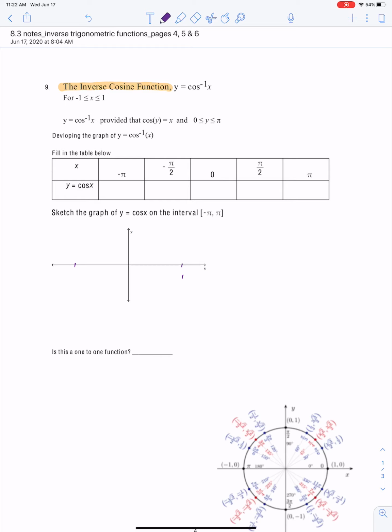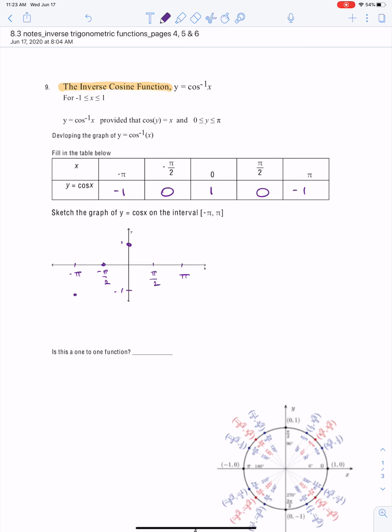So we're going to start by reviewing what our cosine function looks like. At negative pi, cosine is -1. At negative pi over 2, that's the bottom of the unit circle, it's 0. At pi, it's 1. At pi over 2, it's 0. Again, at pi, we've got -1. So as we go to graph this,